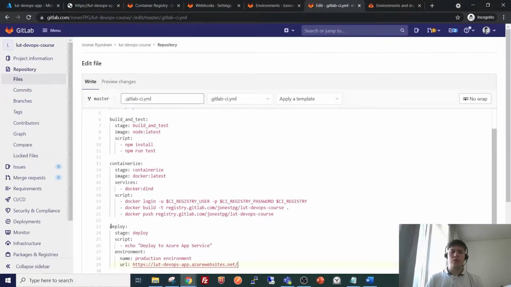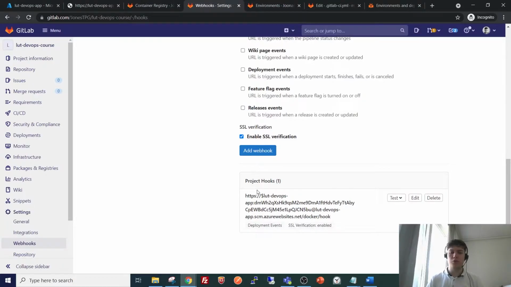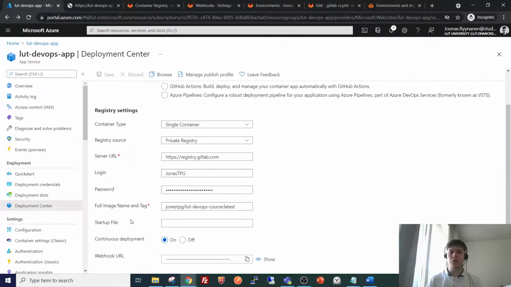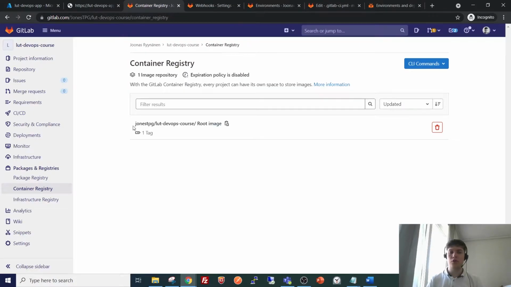So now the deploy process will add a new deployment to the environment we created, and that in turn will launch this webhook, and this webhook will notify Azure to refetch the container image from the container registry here.